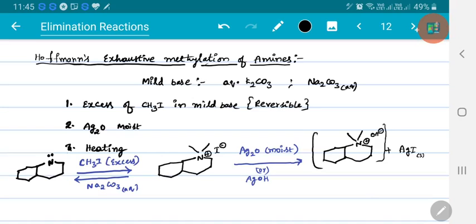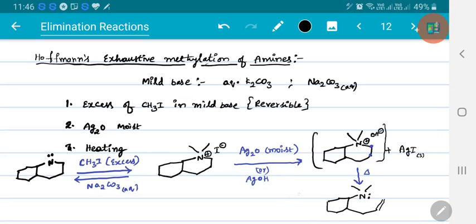So this generated intermediate, on heating, elimination will start, right? Now this base will abstract the beta hydrogen. This is alpha, this is beta. So this base will abstract the beta hydrogen, then that bond gets shifted here and this amine system goes out. So the product obtained will have the nitrogen bond, the nitrogen gets its lone pair back, and you will get a double bond system here, right? You will get an alkene.